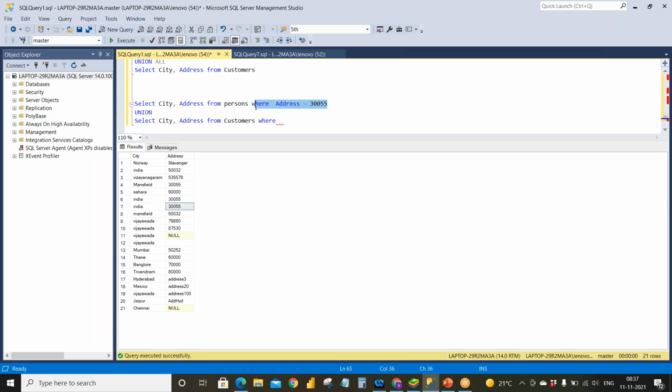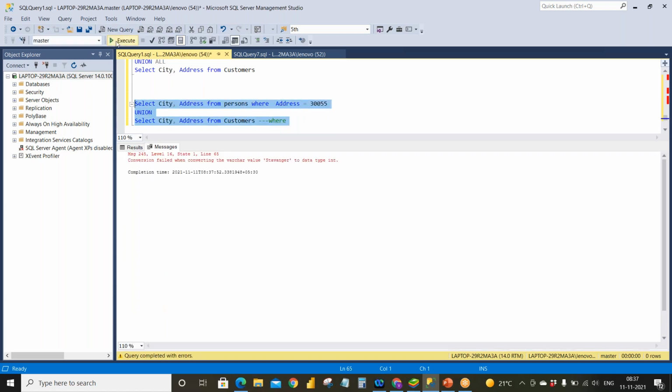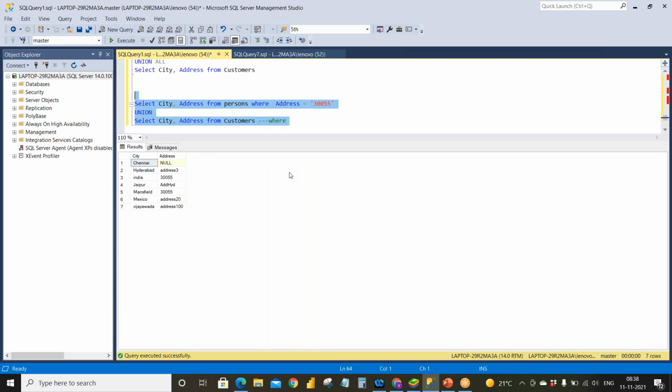Suppose I want to give a condition that my address should be 30055. If you give the condition in the first table and you are not giving the condition in the second table, it will not give the correct result. Why is it not allowing me to see?